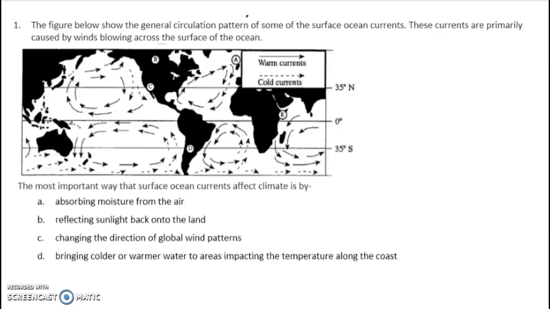The figure below shows the general circulation pattern of some of the surface ocean currents. These currents are primarily caused by winds blowing across the surface of the ocean. The most important way that surface ocean currents affect climate is by